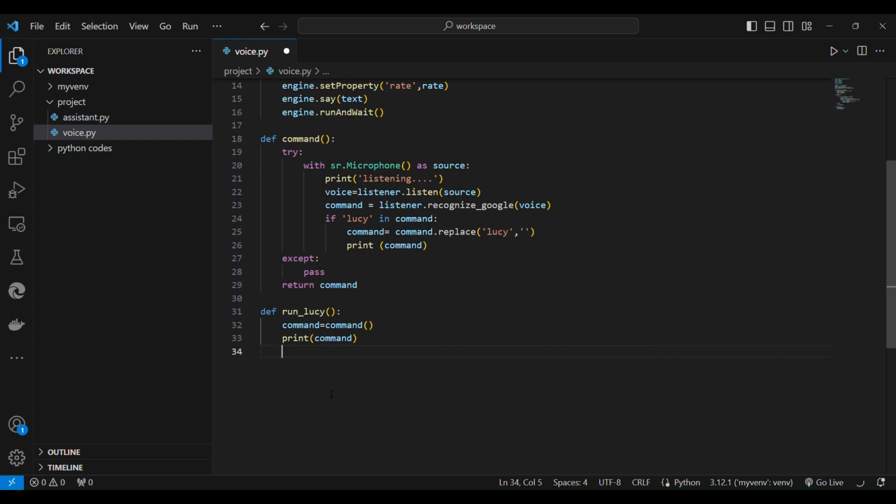Now we are going to add the workings to our assistant. Okay, so if the word play is there in the command, it works basically like this. You can add on your own as many things as you want your assistant to work with. You can use a machine learning model also here, but it's not required generally. Okay, so if the play word is there in command,